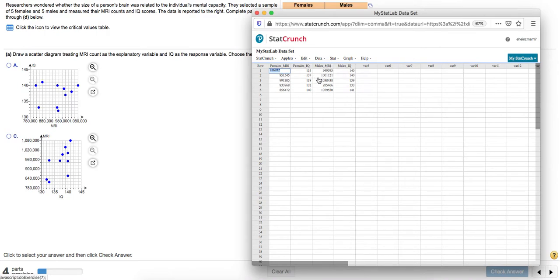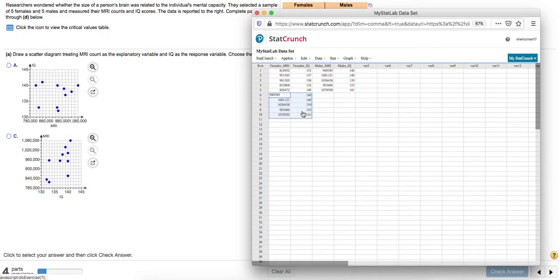You can put, let's say, the data for males directly below here, making it one long column. I'll click here. I'm going to hold Shift and click in the opposite corner. Go Command Copy. Click over here where I want to put the data and Command Paste. So it still is labeled females, but I know from 6 down to 10, we've just included the rest of